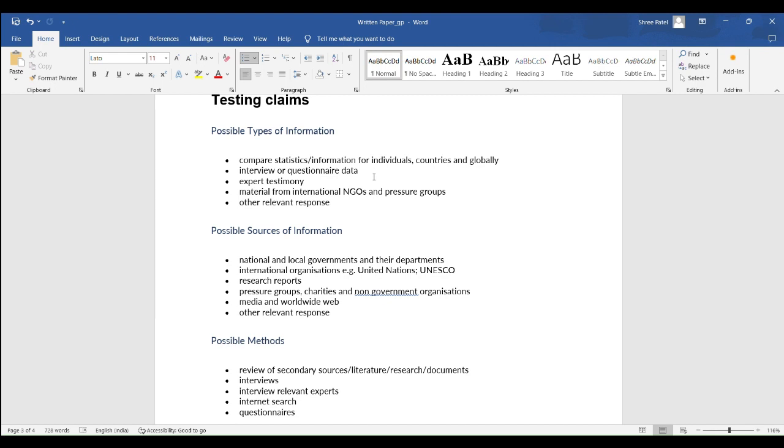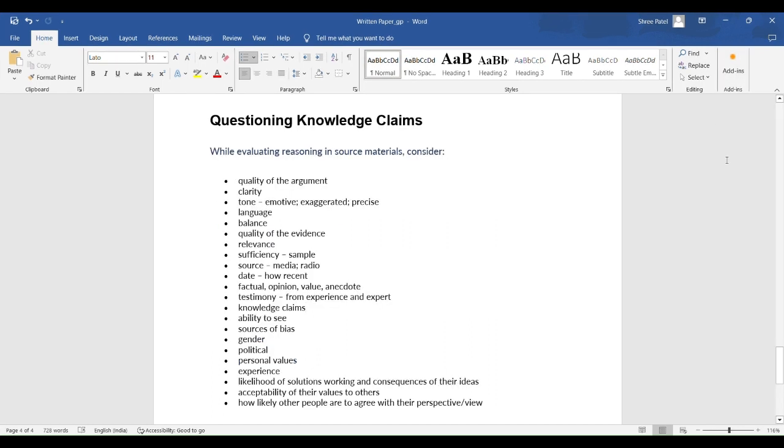Then I would suggest you use the keywords given in the question. For example, if they give you a statement and you have to prove it, use the key terms in the statement given to you and write accordingly. For example, if you need to test the claim about motor vehicles, that many people use motor vehicles, then you can say that I would interview the local people because they are the ones who are using it, and at the end you can say that by this I would test the claim.